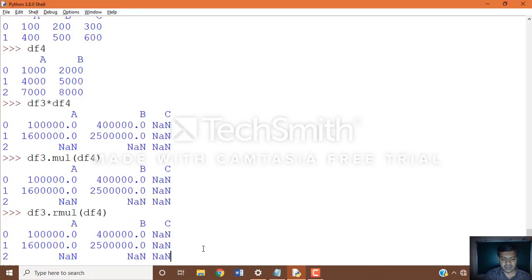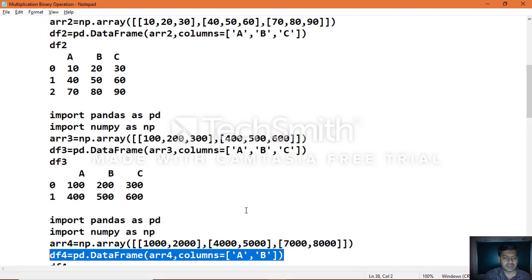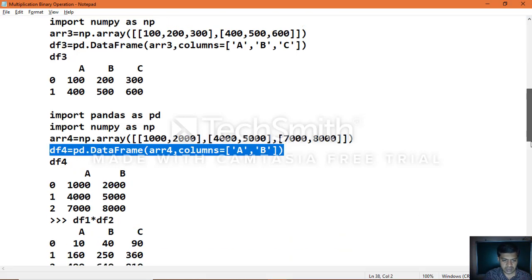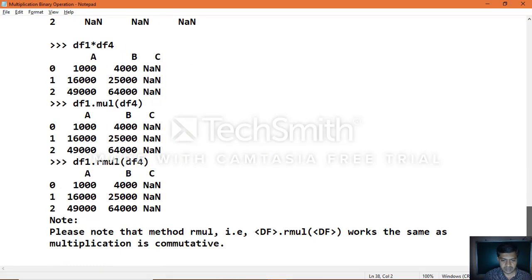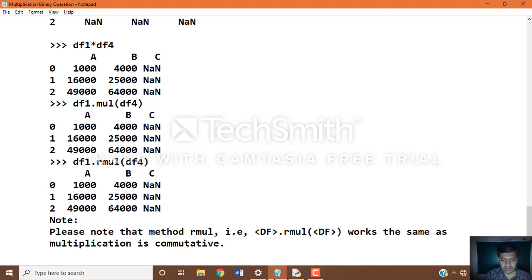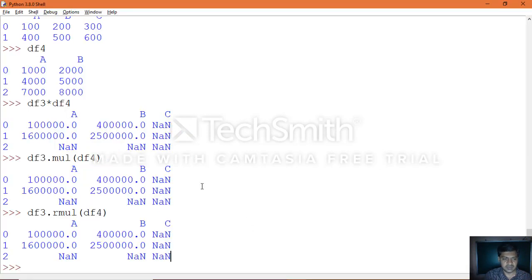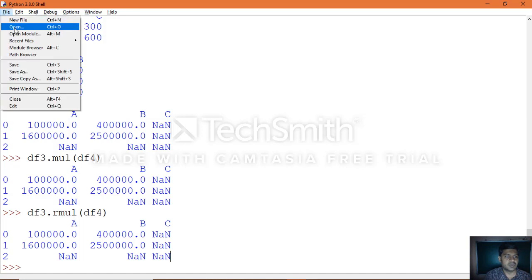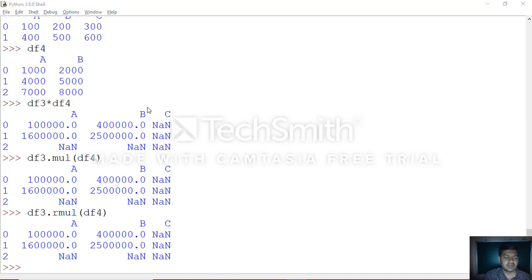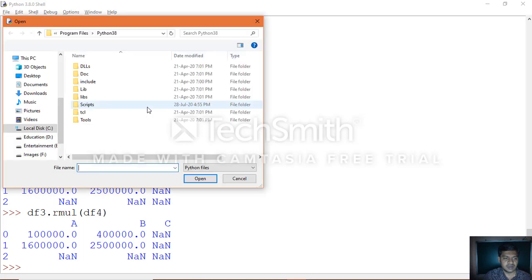So how can you see, the script file which you want to create? Okay, we will take an earlier example. Go to file, open, we'll take the earlier operation, and edit and make the changes.